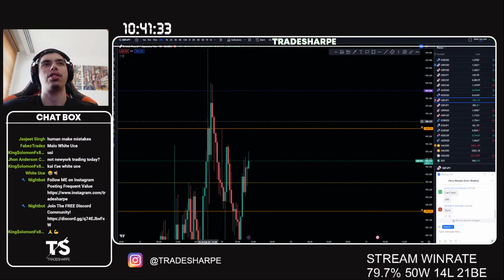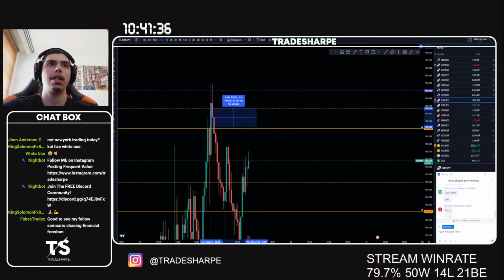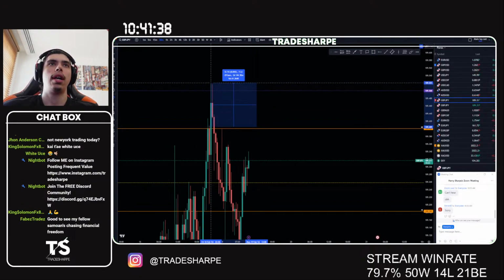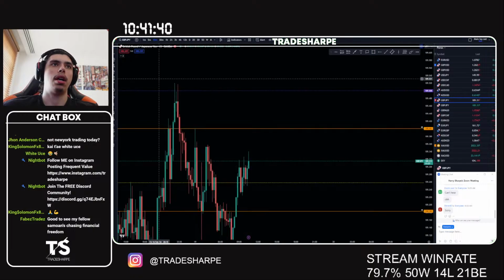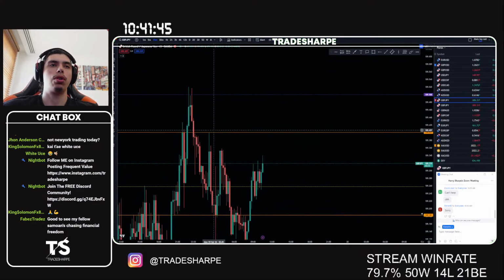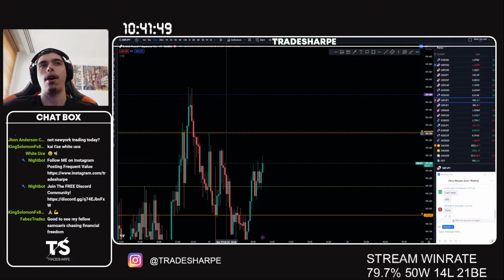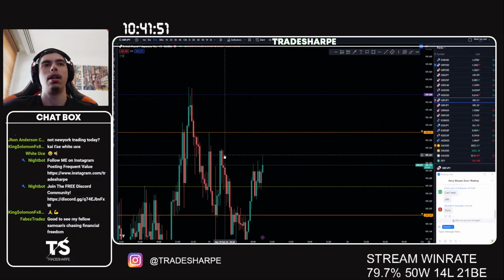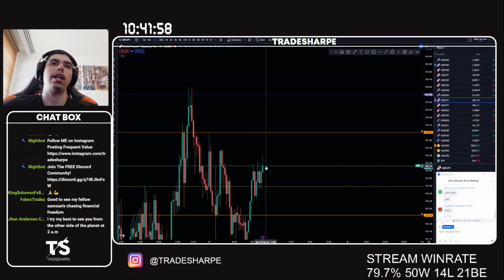If the close is deep, I think it's just worth waiting for above 4 hour resistance. I think we could push through this zone and continue above here. Once we get above the 4 hour resistance, we could try to push through this resistance. This is better space than this, right? And a 4 hour resistance is going to be stronger than a 15. So if I'm going to try buy into a resistance, I'd rather buy into the 15 than the 4 hour. But obviously, I'd rather buy earlier. So you're in that sticky spot where you're trying to contemplate whether you want to buy earlier, buy into 4 hour, or buy into 15.